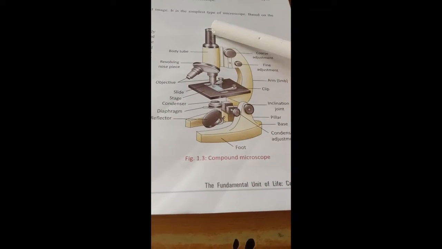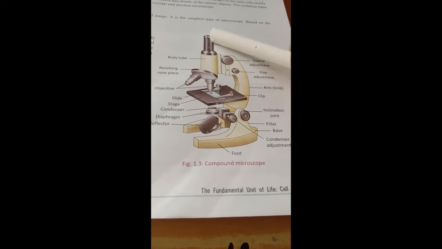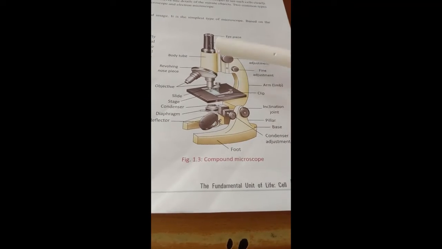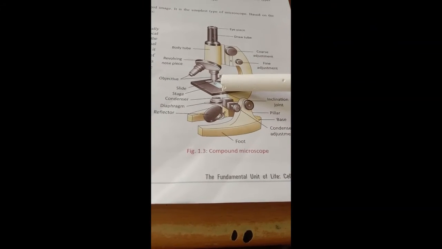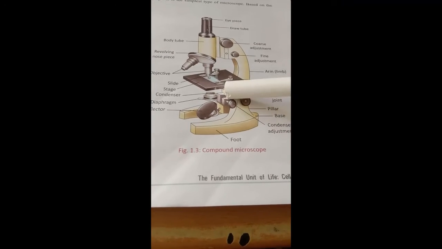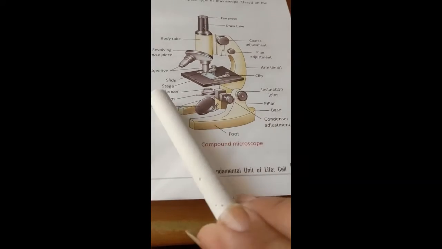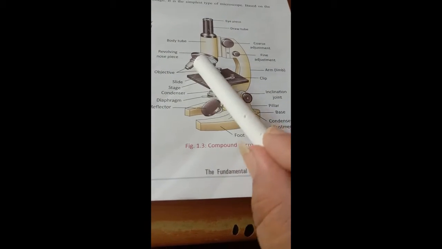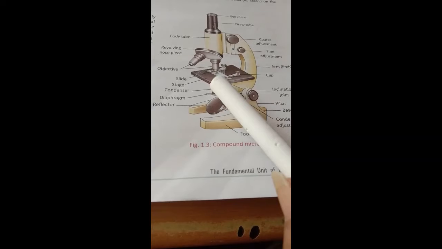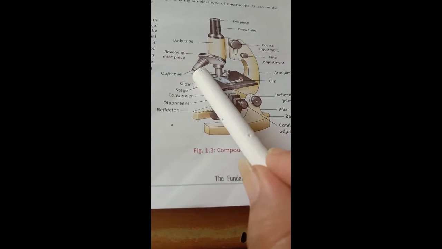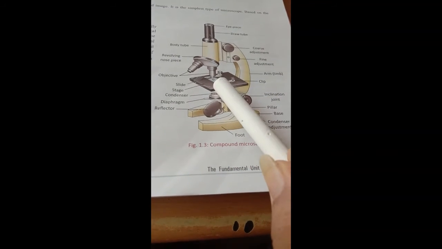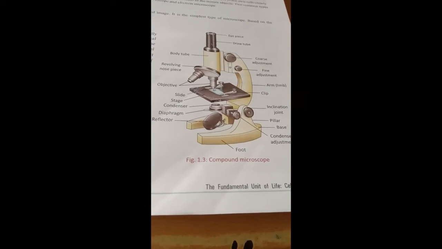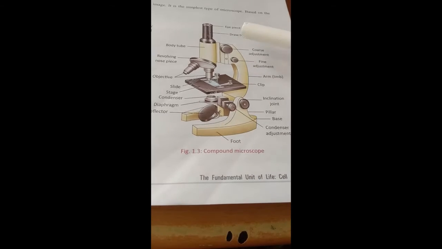That is about the simple microscope. But it is only useful to see little larger substances. When we want to observe very tiny objects, then we need a compound microscope, and a compound microscope has another attachment which is called the objective lens. This is one objective, and this is another objective. So reflection will be carried from this to this, and then the thing will be highly observed in a magnified manner. So this is a compound microscope.